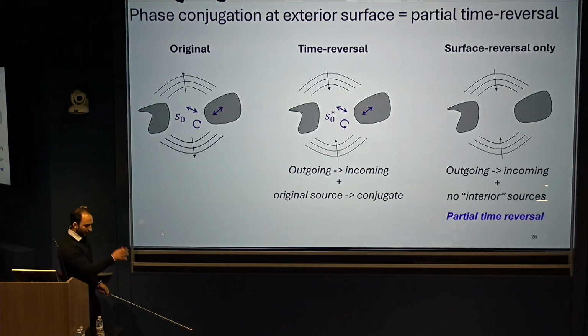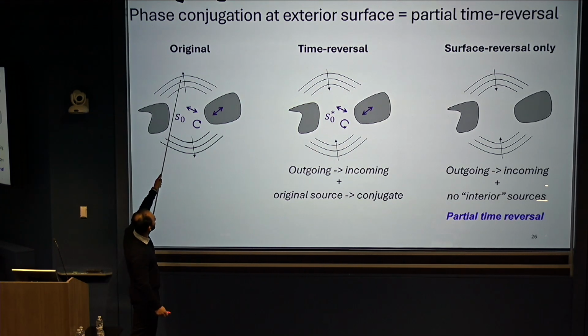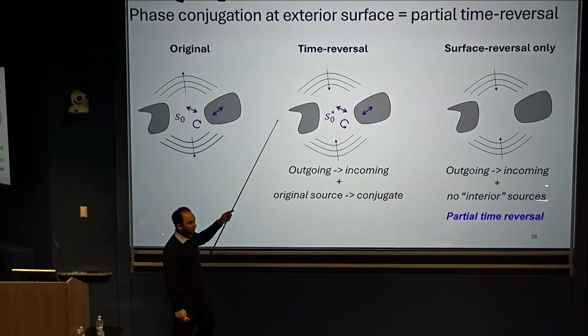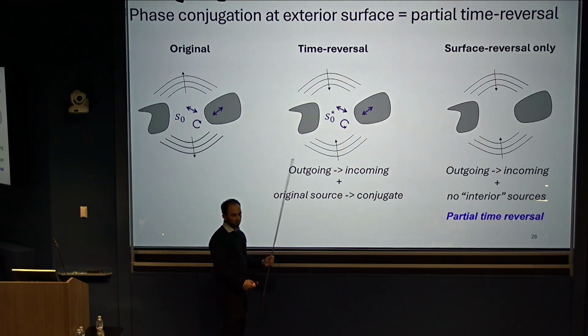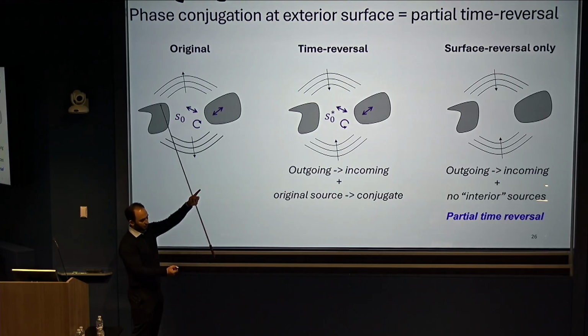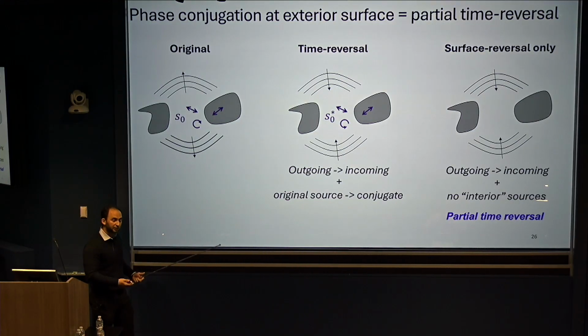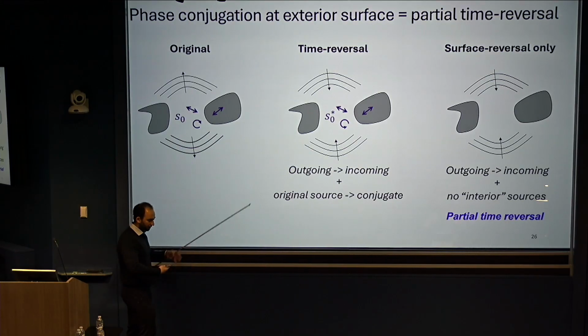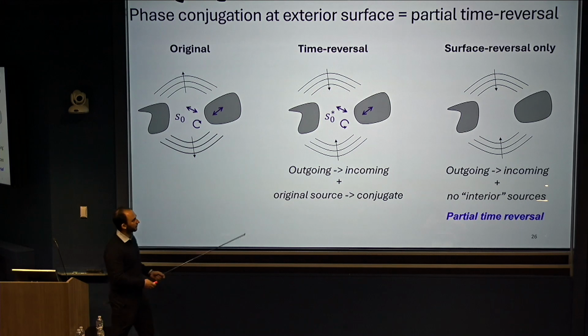The answer to this is well understood. I'm just going to frame it in my own language. So if I have currents that produce outgoing fields, proper time reversal would be reversing the outgoing fields and time reversing the currents. So I had an original current. I have fields that are going outwards. I time reverse these. I also just need to time reverse this current. This gets a little bit subtle in the time domain, but in the frequency domain, this is very clear. These are just steady state processes. I have a steady state current and steady state outgoing fields. The time reverse needs to be the steady state incoming fields and the steady state current.